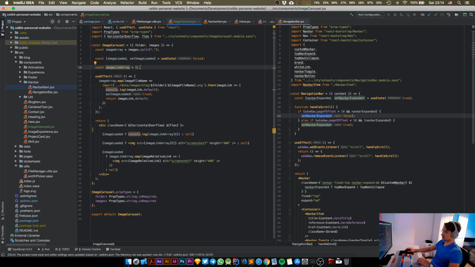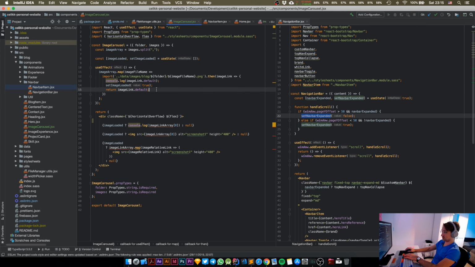So this means when we change this, it doesn't get reflected in here. What if we, no? Oh, okay. Can we make this an array? Can we? This is JavaScript, right? We can do almost whatever we want. We can just bullshit everything. Okay. Instead of doing set image loaded,